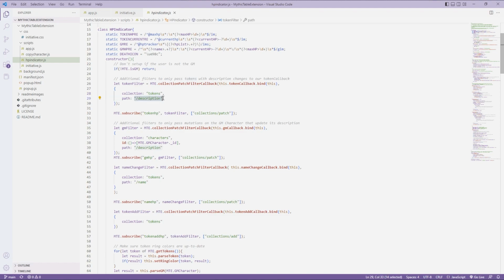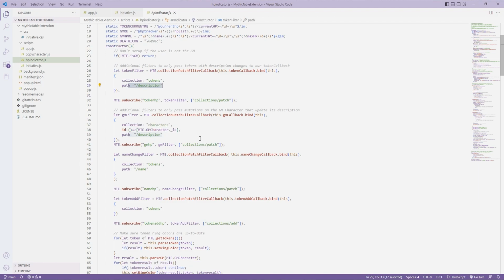So if the icon changes, if the token's image changes, we're going to ignore those. We're only going to look for description changes. So rather than having to include that check inside of our callback here, which is actually up here, sorry, token callback, instead of having to check for all this stuff in the token callback, we have this nifty little check, this filter function in between, and we will never have this called for anything that is not a token and